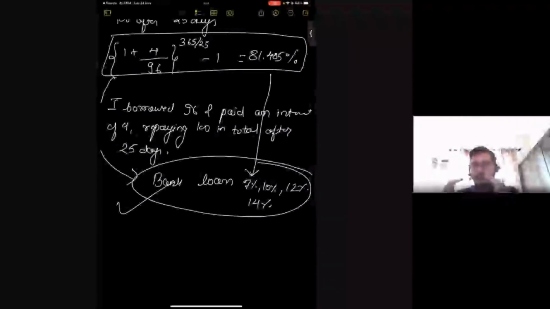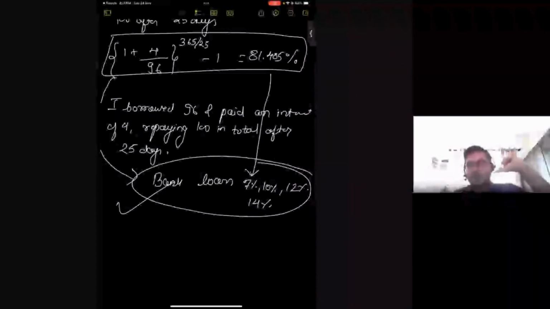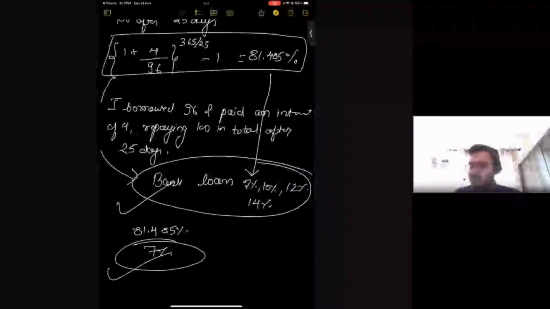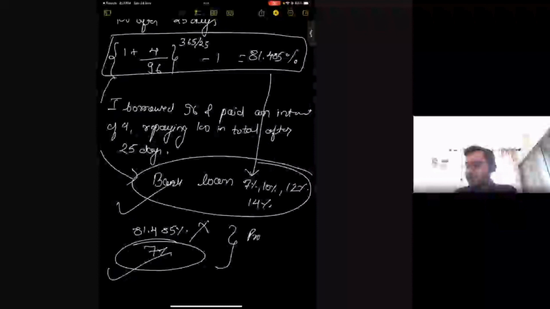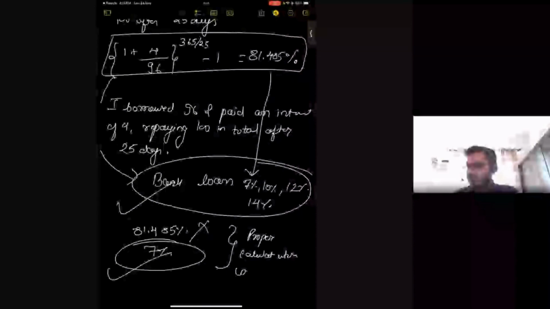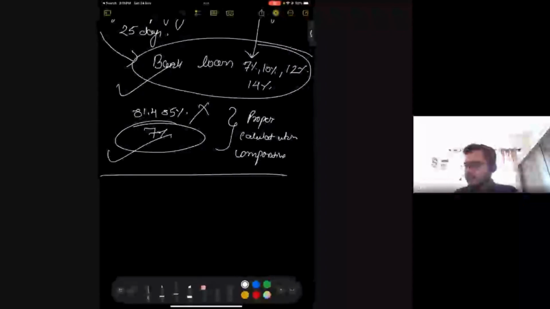So that way, what you have to always do is, bank interest rates are always quoted in annualized terms. These credit offers are always going to be in discount terms, that you're given an opportunity to pay either 96 today or 100 after a period of 20 days or 25 days or 35 days. You have to annualize both costs, and then you can do an apples to apples comparison. One is 81.485%. The other one is 7%. Any day you will choose 7%. So you will always reject the one which is more expensive. And for that, you have to do proper calculations, which is comparative, which means you have to annualize both the costs, which is always an easier way to move about these kinds of